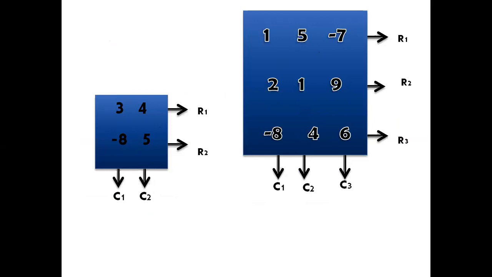Based on the dimensional shape, we may consider the type. Yeah, it looks like a square shape. So it is called a square matrix. The square matrix is a matrix in which the number of rows will always be equal to the number of columns. If the rows equal the columns, it is a square matrix. If the number of rows is not equal to the number of columns, it is a rectangular matrix.